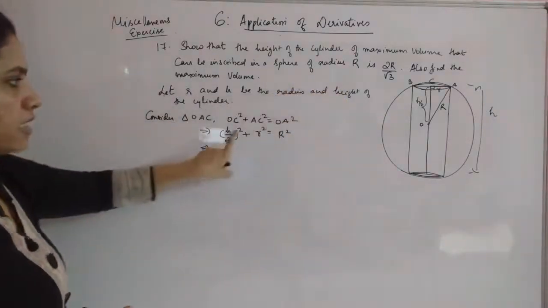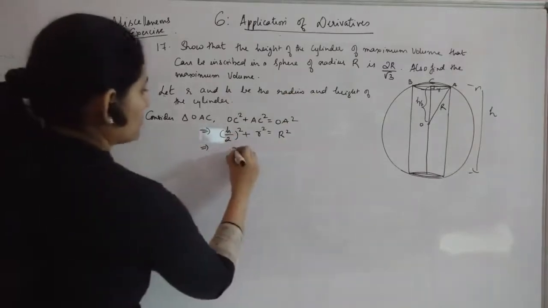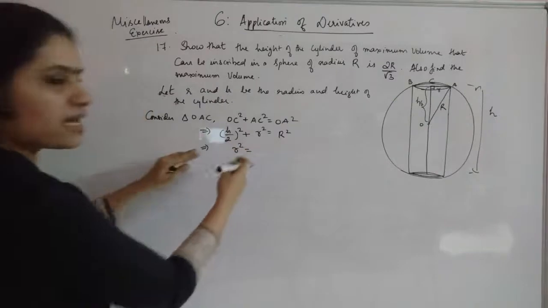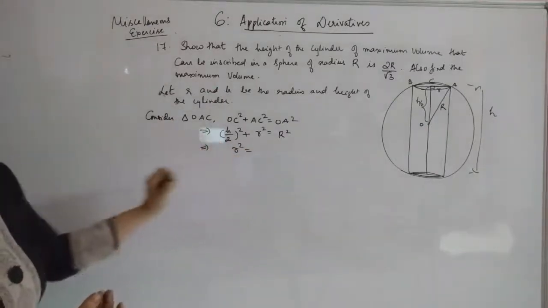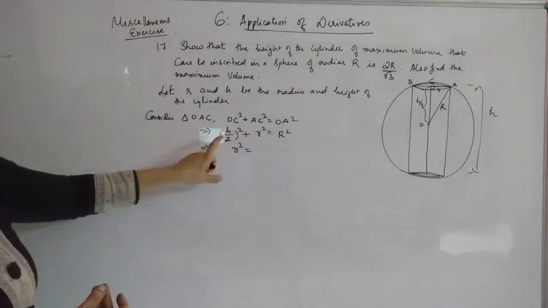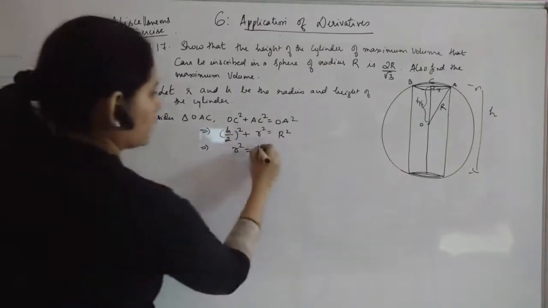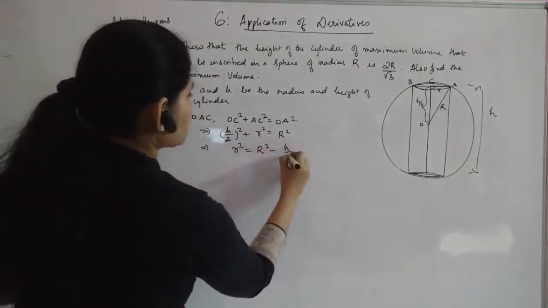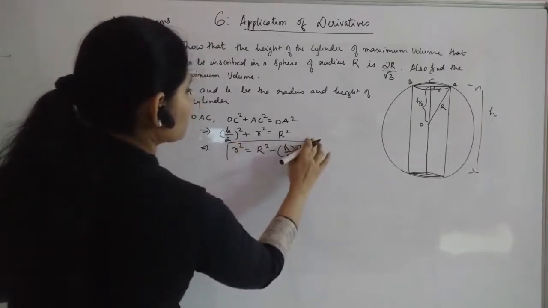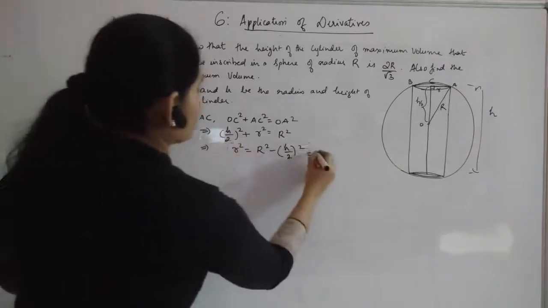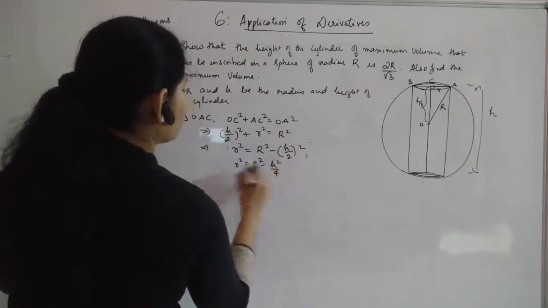So this is constant. You have two variables out of which you can find out one thing and replace it. So if I am finding out r square, why r square every time? Because in the formula of volume you have r square, so that can be easily replaced. If it is h you are finding out, it will give you root of something, no. So this is easy to find out. Okay, r square is equal to R square minus h by 2 the whole square, or you can just make it as r square is equal to R square minus h square by 4.